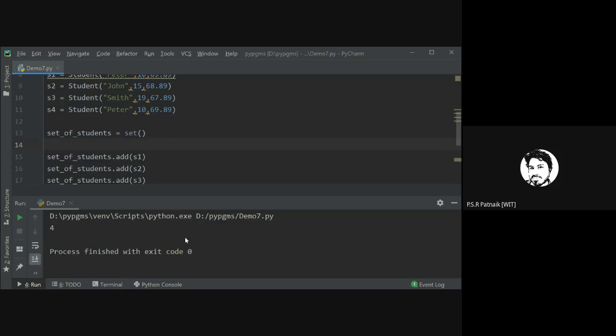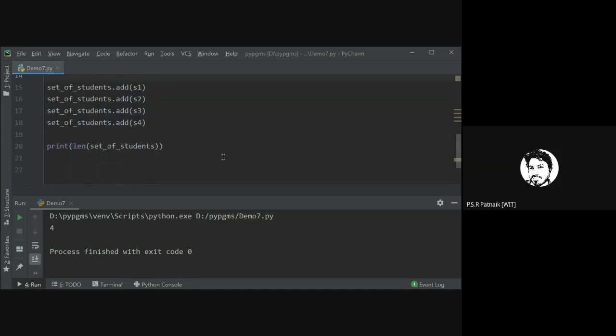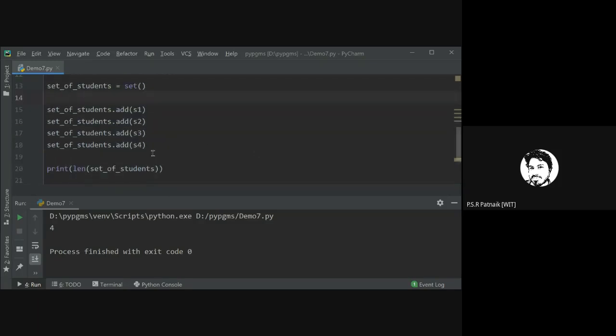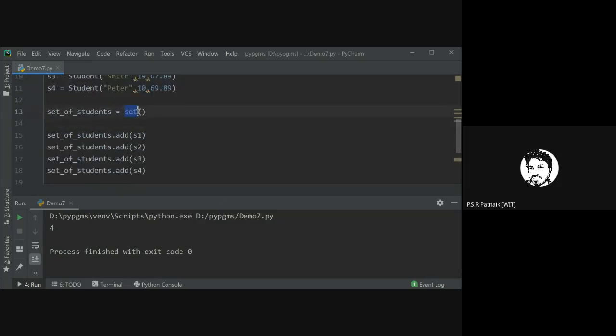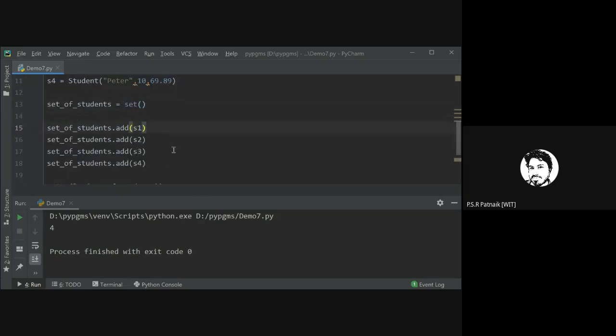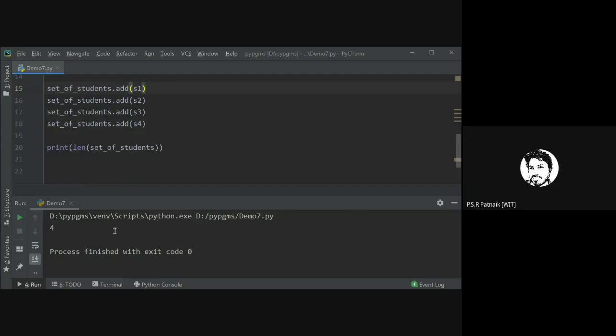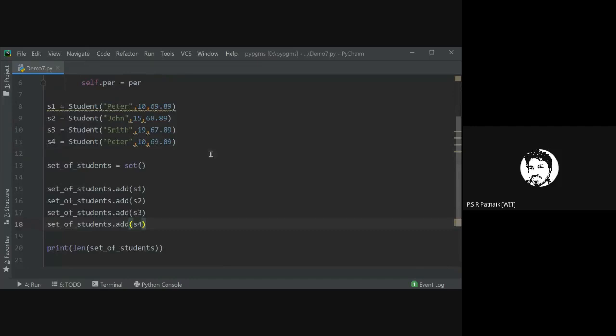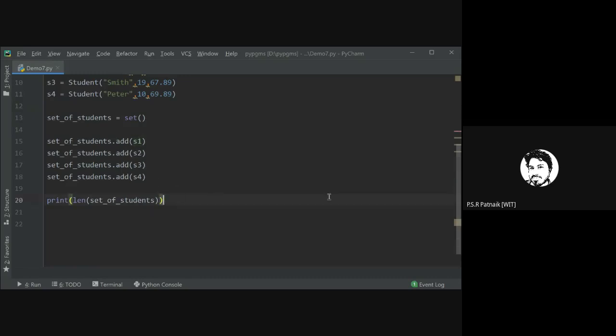4, right? So do you think something is wrong with the way we have written the program, or that the standard set is not performing as per our wish? For example, here the length is 4, so something is odd and strange. Here I have the same object as S1, still my set added it because it didn't identify it as a duplicate.